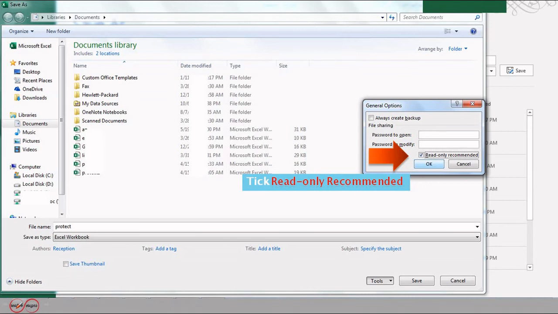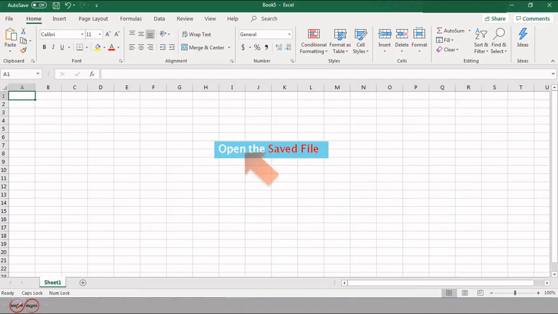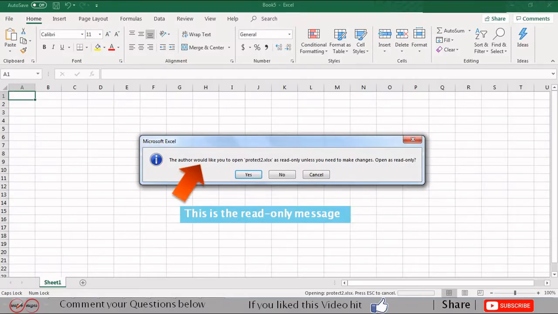Here, click on Read Only Recommended. Save the file. Now open the saved file. It will give you a message. This is a read only message. It states that the author would like you to open this file as read only unless you need to make any changes.